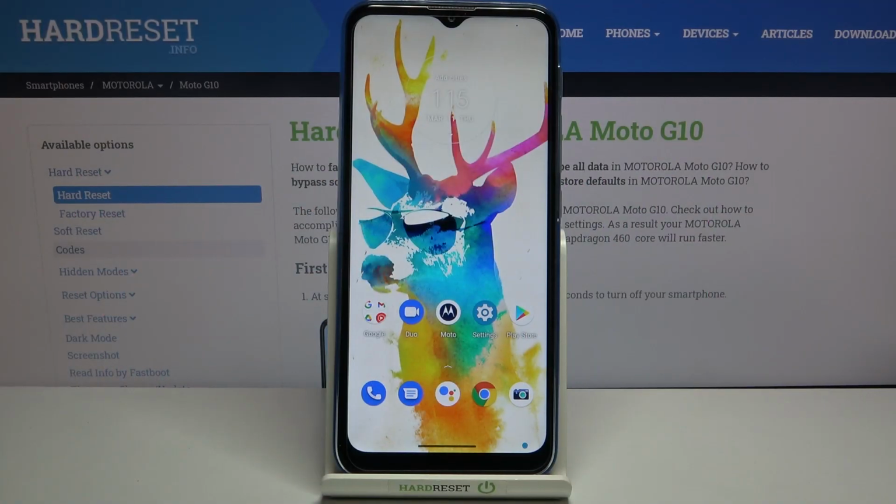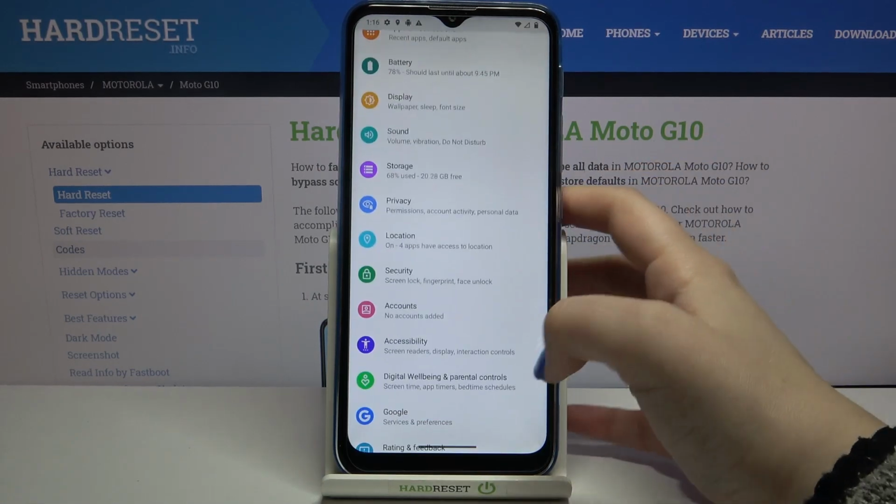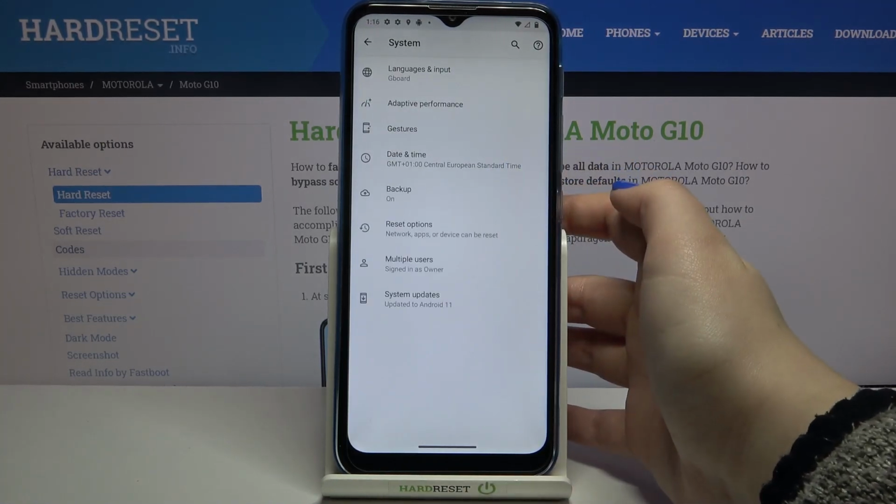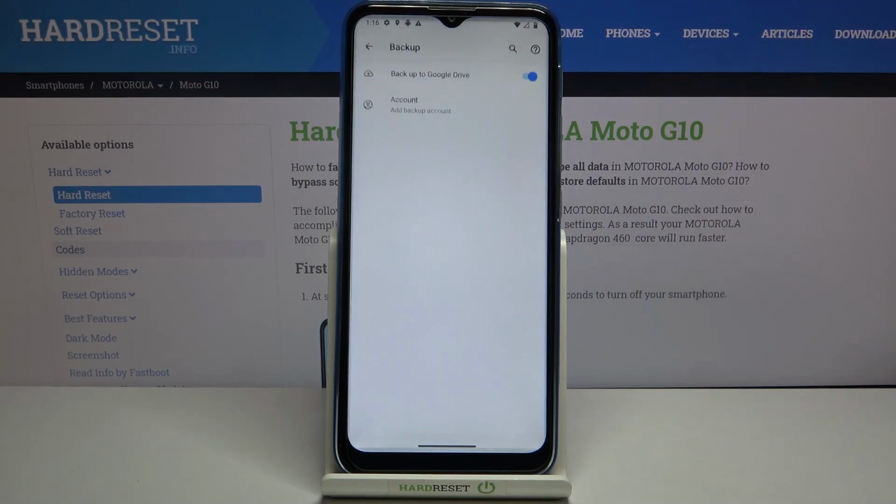Hi everyone, here we've got Motorola Moto G10 and let me share with you how to enable Google Backup on this device. So firstly, let's enter the settings and now we have to scroll down to the very bottom and tap on System. Now let's tap on Advanced and right here we've got Backup option, which is right now in